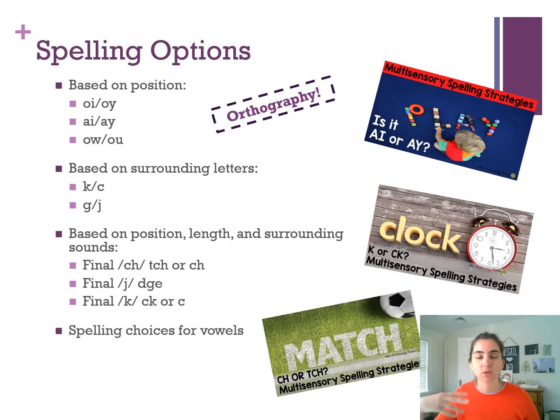which representations, which graphemes to use for the different sounds. Some of them have a pattern and there's a certain option that makes sense based on position, like OY in the middle, OY at the end. Other ones don't, like A consonant E versus AI. They can both come in the middle of words. And then to complicate things, we've got homophones, meaning that made and maid are both acceptable, AI and A consonant E. So even in a particular grade level, students are going to be experiencing some difficulty with that, but that starts to get ironed out as they go through